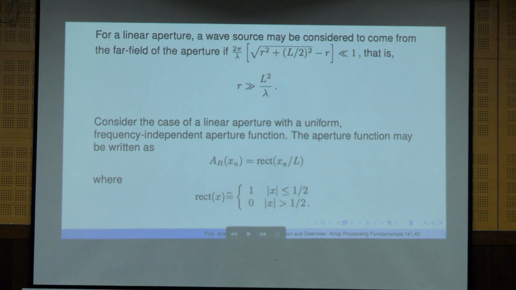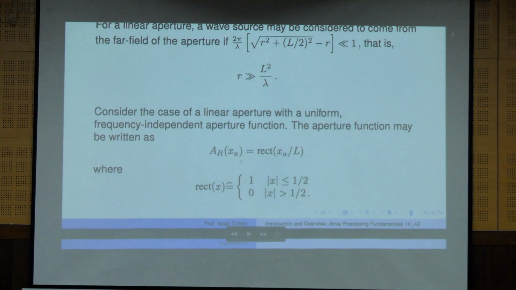Sometimes we can calibrate, we can measure the response of the aperture, and use that into account. But ideally, something like that is very useful just to understand that even with something ideal like that, we